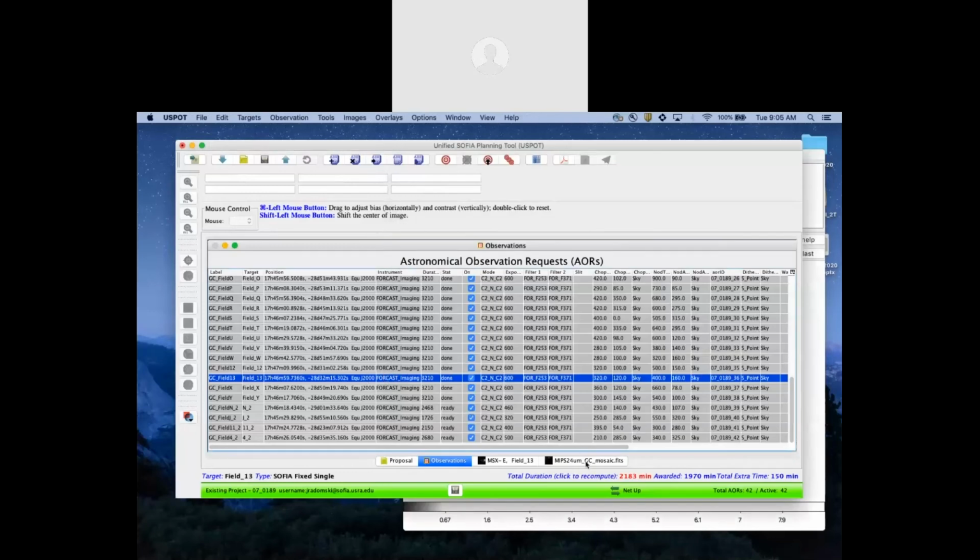Now here we look at the MIPS Spitzer, which I was talking about. Here's the field that's on the source, one of the fields right here. Now this is asymmetric mode, so this is chopping and nodding way off the source, 400 arc seconds like that. So it goes over here and then it nods and then chops over here. And as you can see, looking at Spitzer MIPS 24 microns,